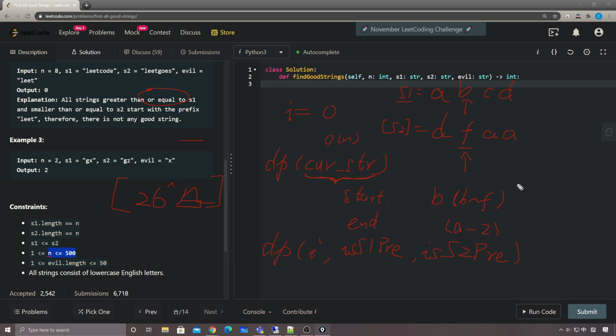And the last thing we need to check is that we need to know the current location of all the prefix, right? Basically, if the current string contains the evil number. But without the current string, how can we know that, since we're only passing this index and these two parameters? That's why we need the KMP algorithm,